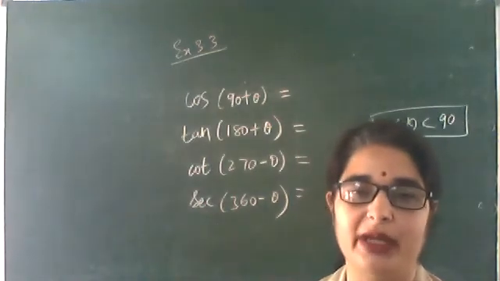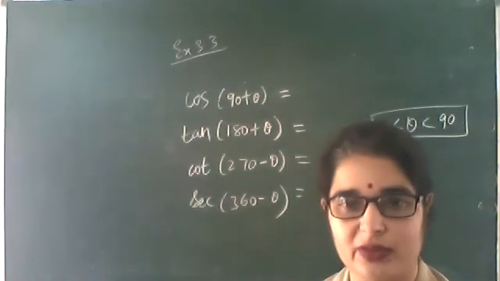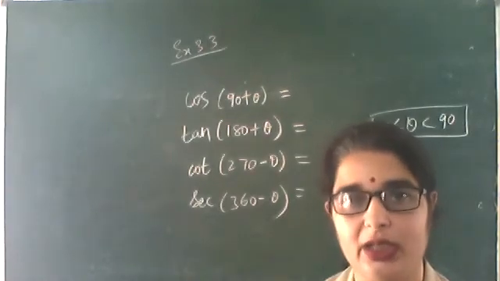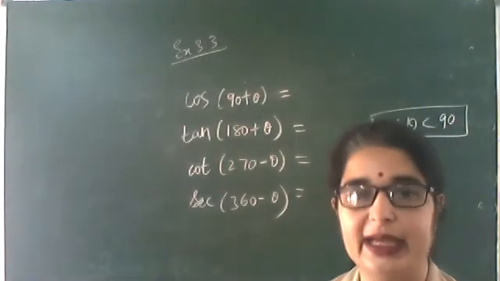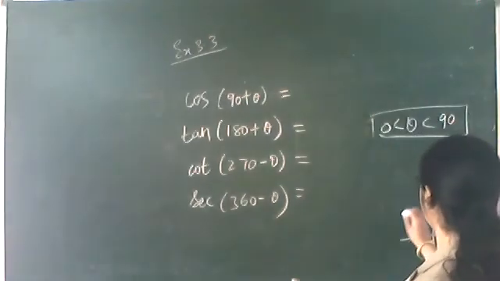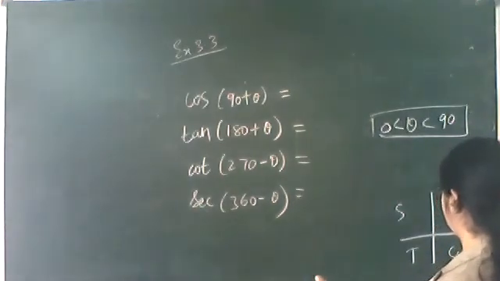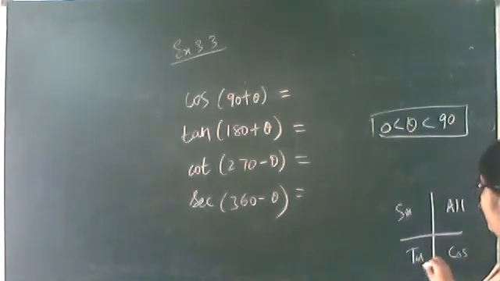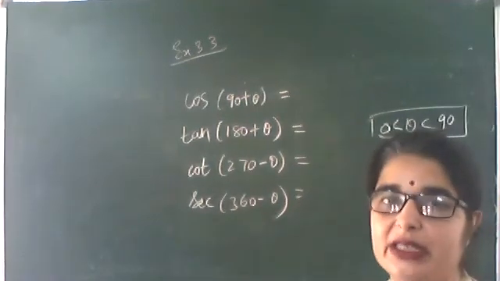Two things you have to keep in mind. In 90 plus and 90 minus, there is change. Change means cos will change to sin, sin will change to cos, tan will change to cot, cot will change to tan, and sec will change to cosec, cosec will change to sec. Clear? That is the first thing. Second thing, in which quadrant is it lying? In the first quadrant all are positive, then sin, tan, cos. Sin means sin and cosec, tan means tan and cot are positive. Now let me know, anyone, what is cos 90 plus theta?